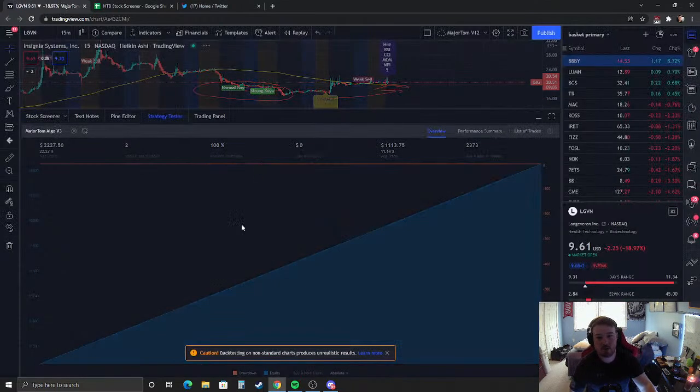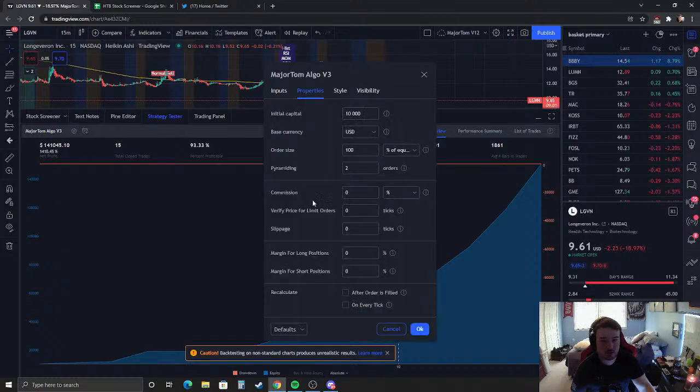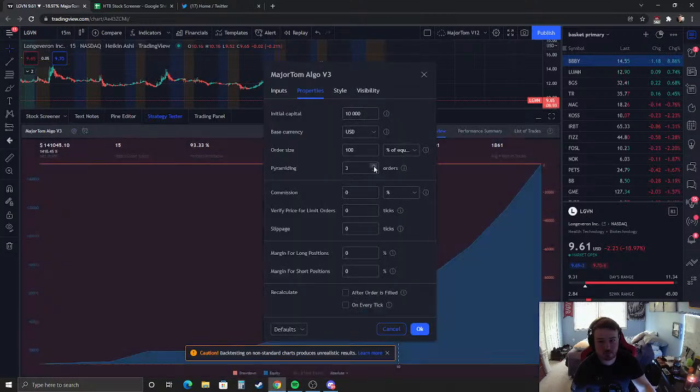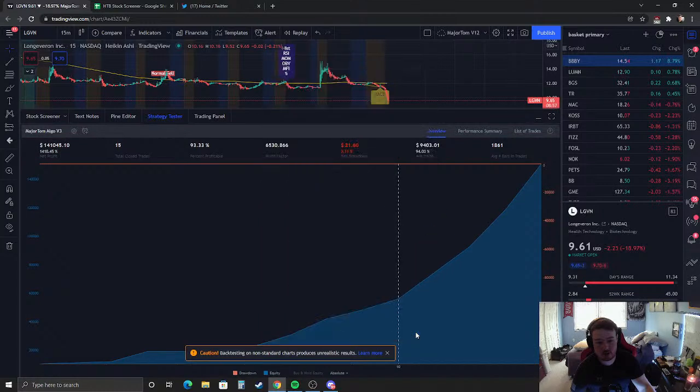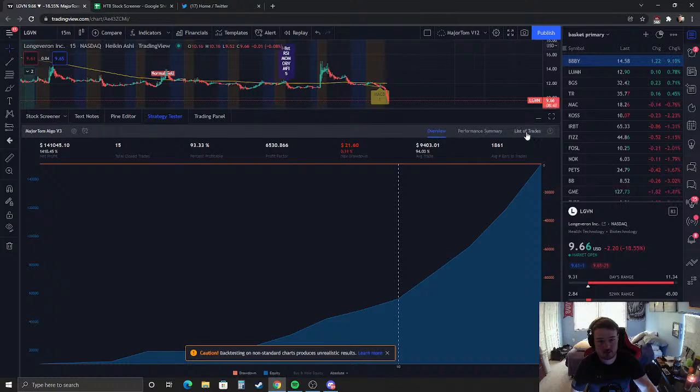We look at Chevron, one that just squeezed. We look at profit like this, you know what I mean? It's pretty insane what you can do with this, right? So, look, I made the back testing. In the performance summary, it shows you the logs and everything, the list of trades, just to prove how nasty this algo is.